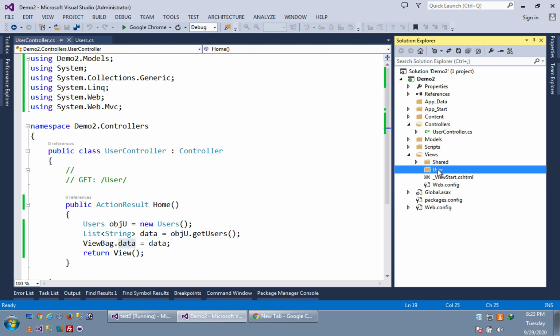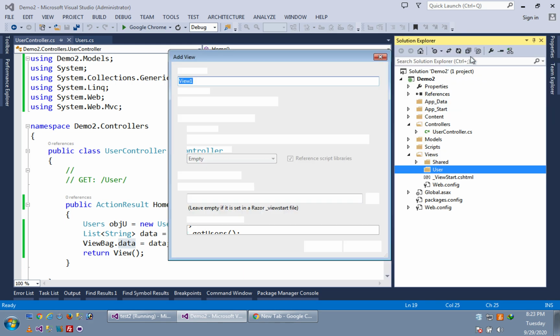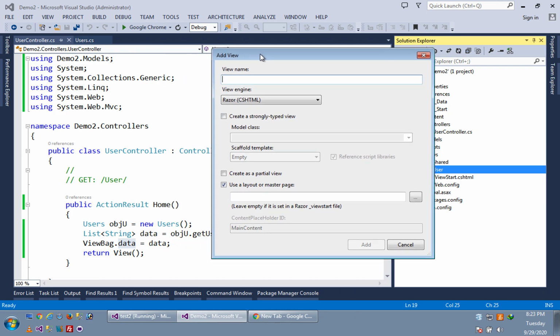So here I have created one folder, User, and in the User folder I am adding one view. Which view? Home view. Why? Because in UserController we have the action result method Home. So it is searching for the view named home.cshtml in the User folder, because our controller's name is User.